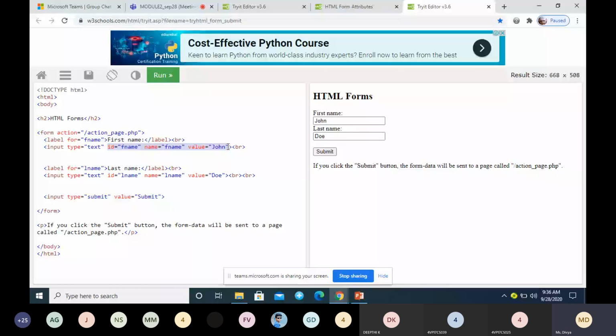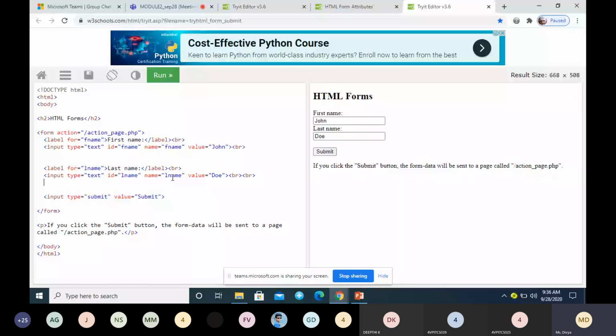Again we have declared the same thing: the label tag and an input text tag for entering the last name. The name, ID and value are left to you, but keep it simple. Give something meaningful for name, ID and value.